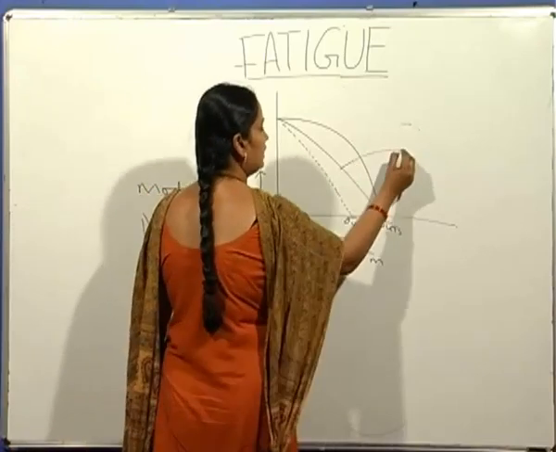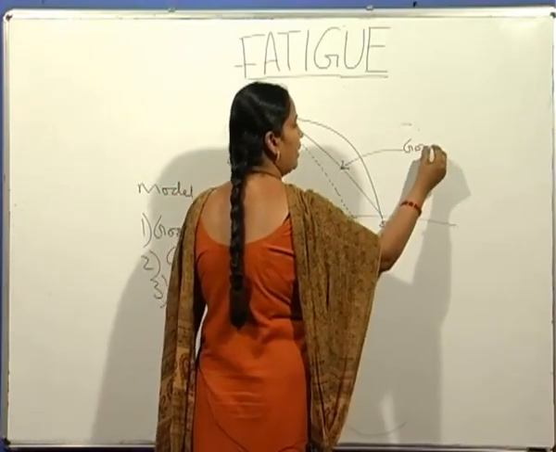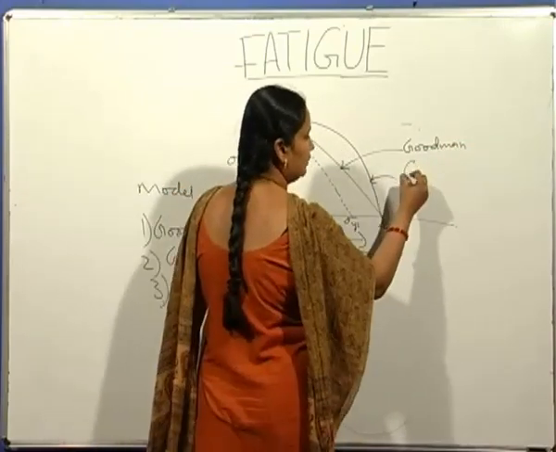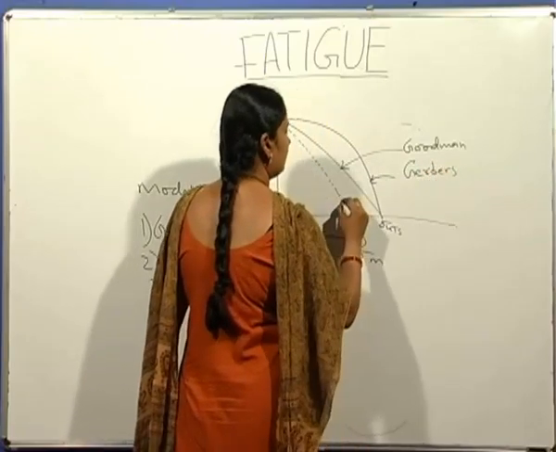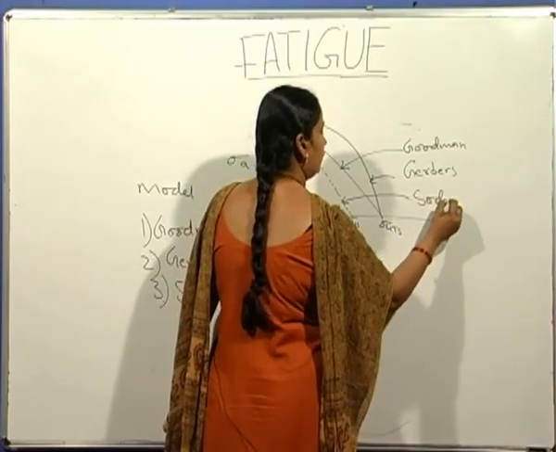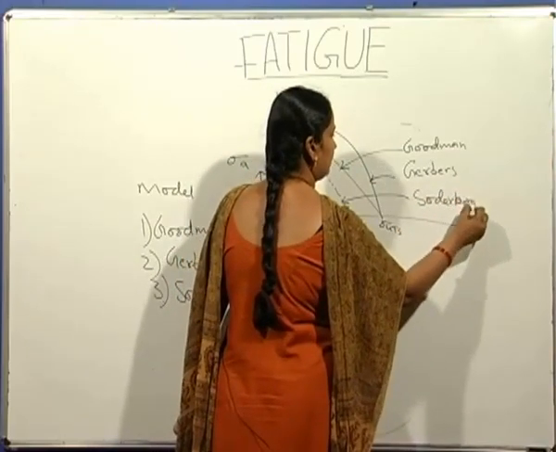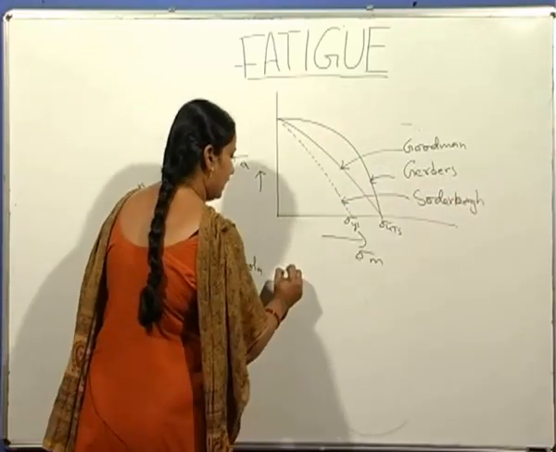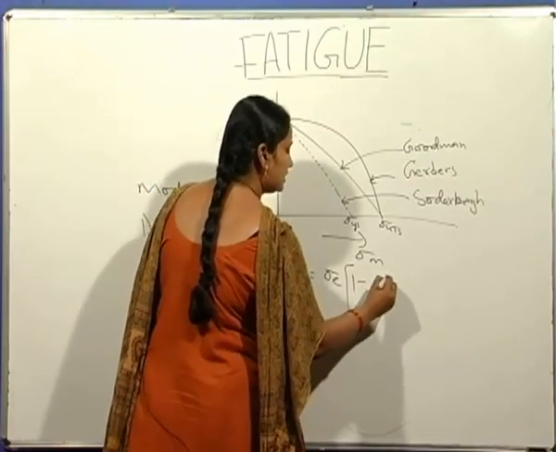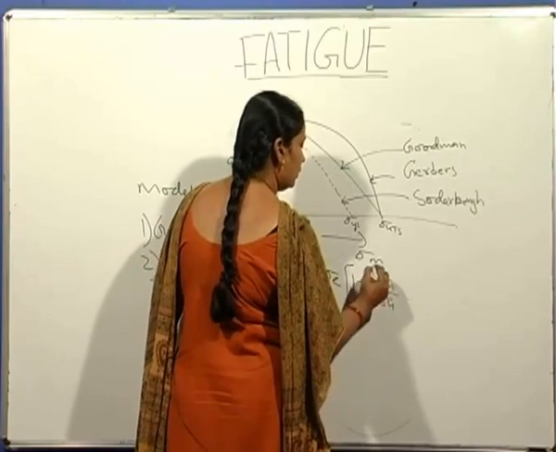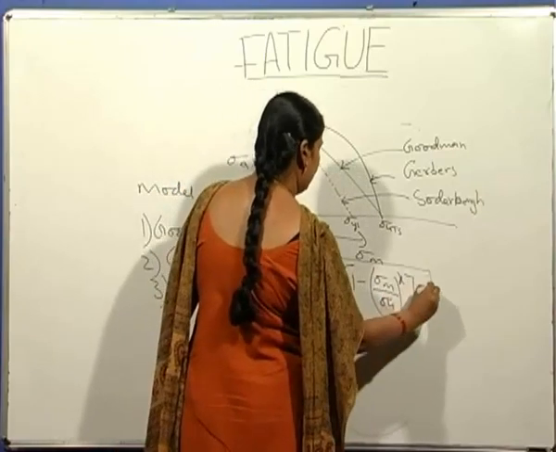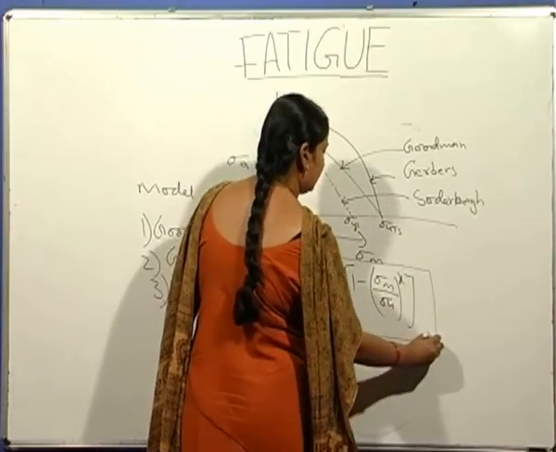The linear relationship is given by Goodman. Then the parabolic relationship is given by Gerber's. Then Soderberg is also linear, but the replacement is yield stress instead of ultimate tensile strength. So the equation we have is alternating stress is equal to fatigue limit into 1 minus sigma m by sigma u, whole to the power of x. So this is one of the important relations between the mean stress and alternating stress,